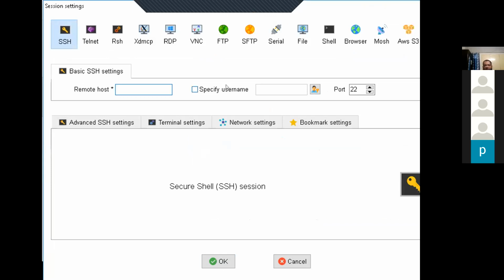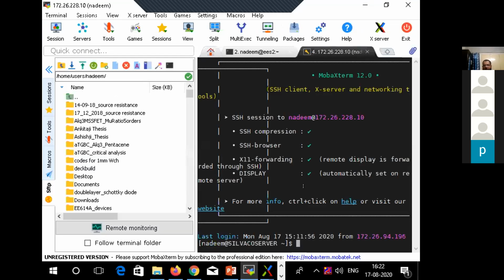This I have already told you. So the IP address is given, then you need to specify the username assigned to you, and then it will ask for the password, and then you will have your own access to the software. And further, you will need a tool called DeckBuild, which we'll see very soon. So we need to invoke the DeckBuild tool.